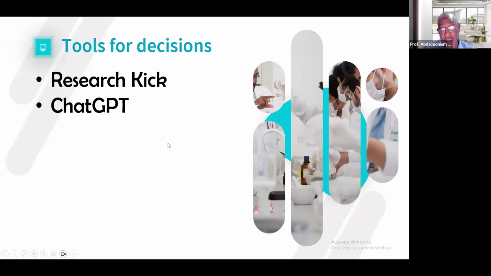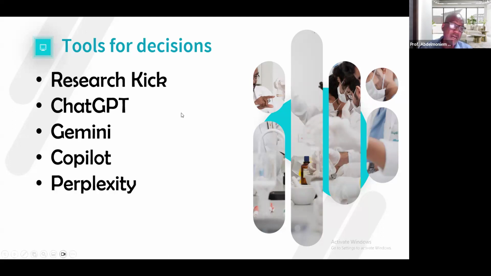And there is a free version, and there is a subscription version. There is an individual subscription version, and there are institutional versions. But even with the free version, you can make decisions. There is Gemini, which is produced by Google. And we have Copilot, which is produced by Microsoft. And then there is Perplexity, which actually depends on other GPTs. These can help you make decisions, because they are chatbots, they are GPTs. You discuss the issue with them, you give them information, you train them, and they help you decide.